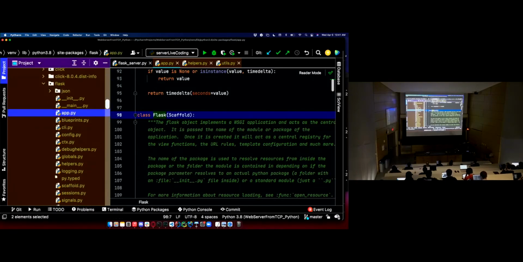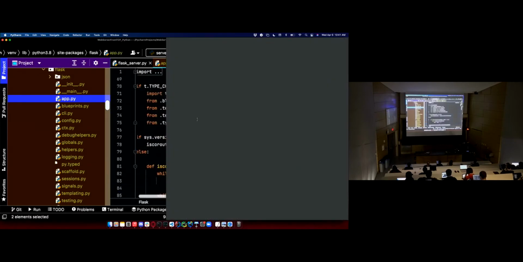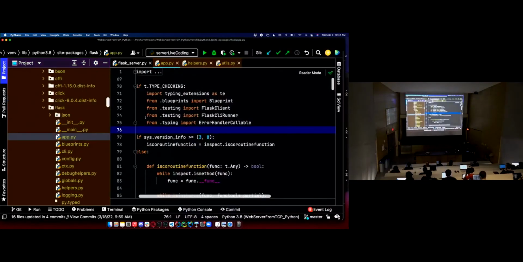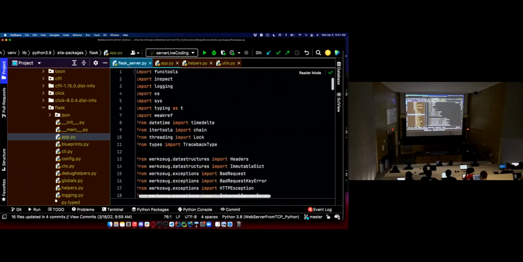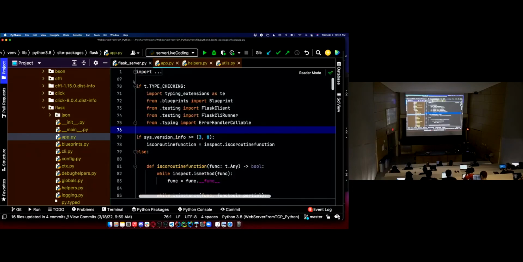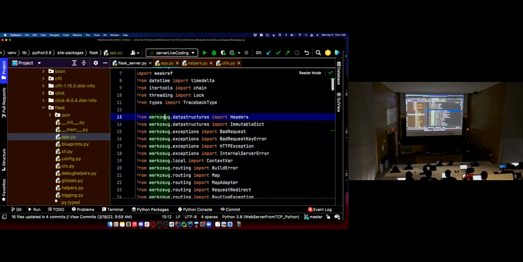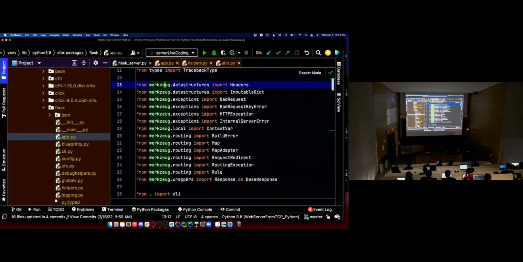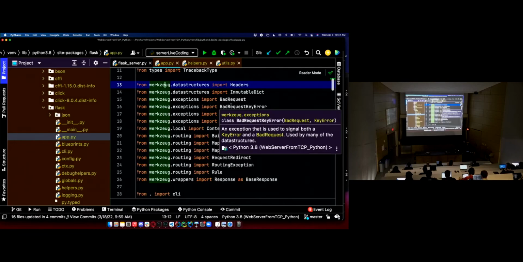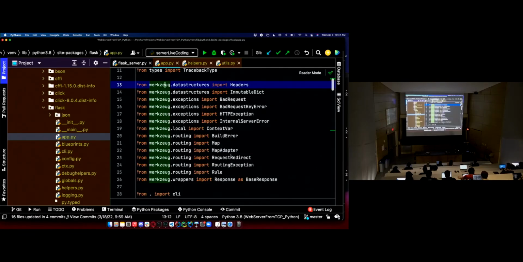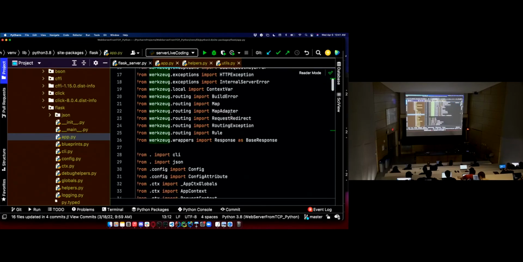Flask app is going to use that library. Look at all these imports. It's 68 lines of imports. We can see this library all over the place. And I want to find something where it's going to talk about requests, bad requests, headers, routing.